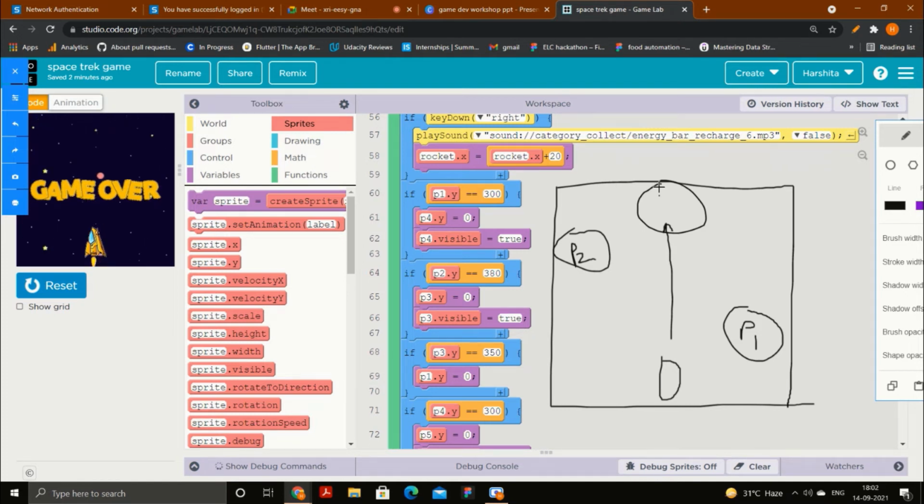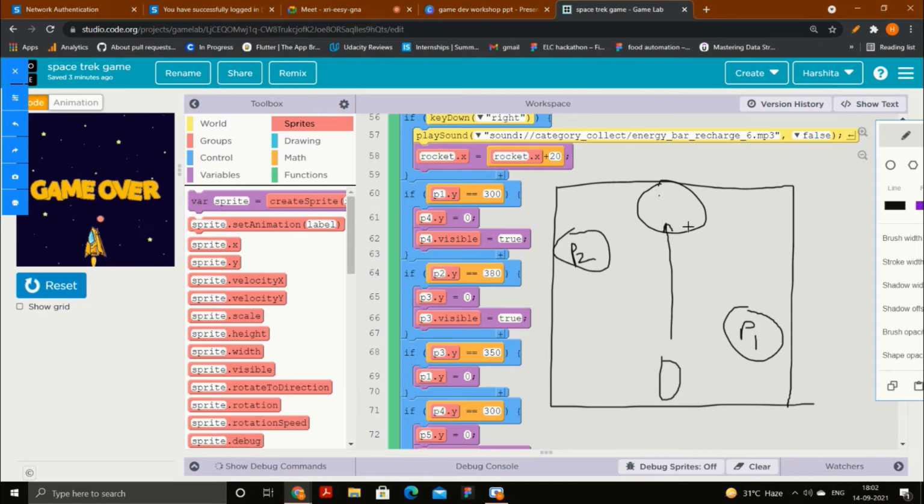So that's why when the rocket reaches this point, it will touch that planet and it will show game over. And that's why I was saying do not place any planet in the middle of the screen. Why? Because if you put the planet in the middle of the screen, the rocket will automatically touch the planet, and the planet will not be visible, so it will create trouble in the game.